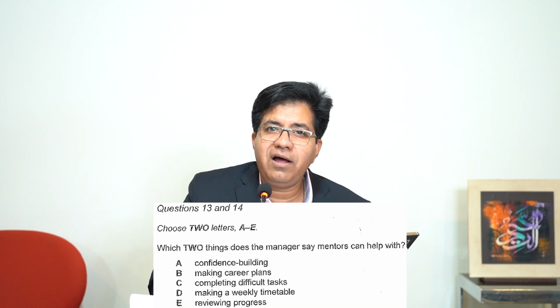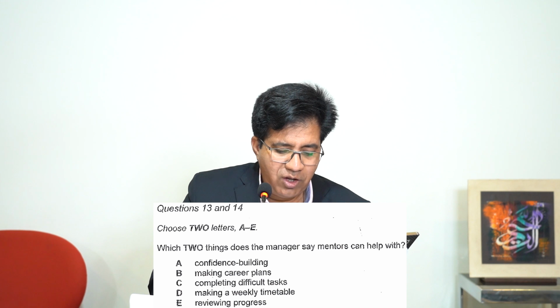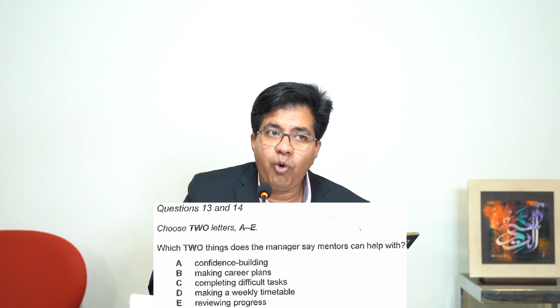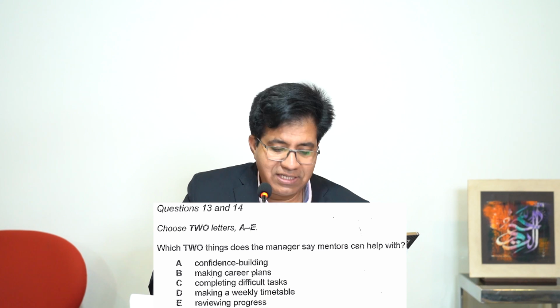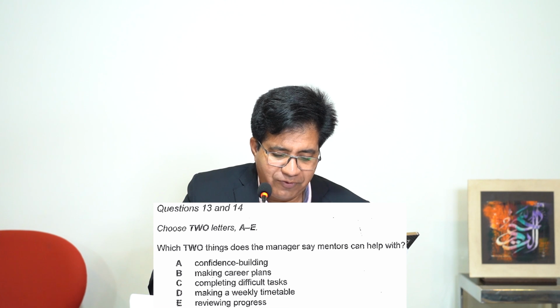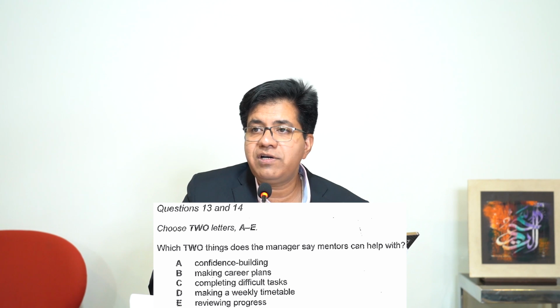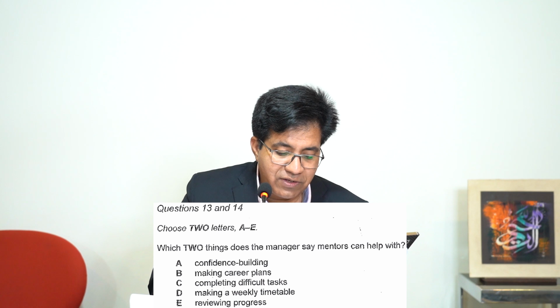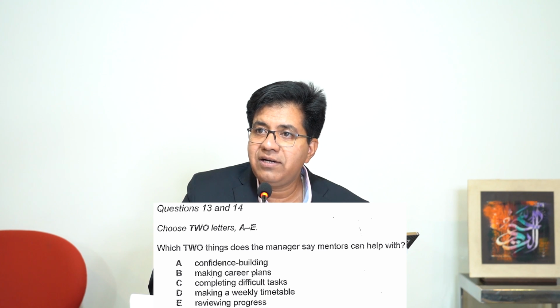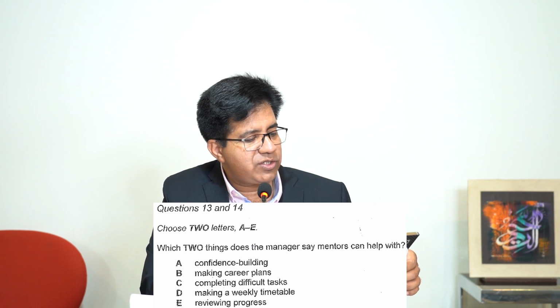The answer came in the last 2 sentences. Option B for boy and option E. Okay, well done. E for elephant. B is making career plans and E is reviewing progress. And by the way, they didn't use the words review progress. They didn't use the words make career plans. Right? Now I play it again and I'll just stop where there is the answer.